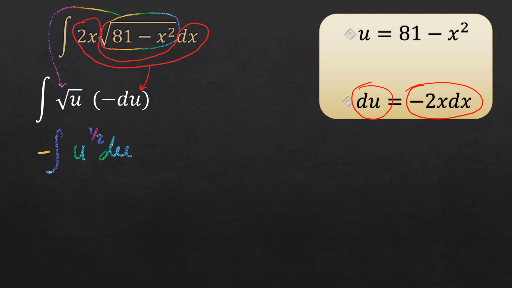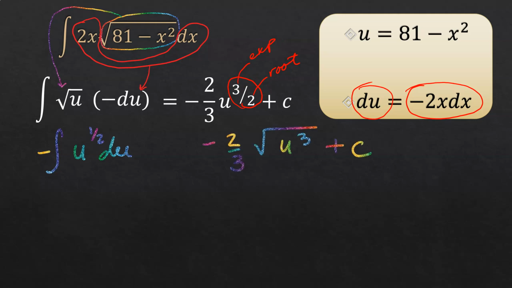To take the integral, we'll add 1 to the exponent, so that would be u to the 3/2, and then we have to divide by 3/2, and dividing by 3/2 means multiply by 2/3, and then you have that negative in the front, and then don't forget the plus c. Now, with a rational exponent, the denominator is the root and the numerator is the exponent. So here you would have negative 2/3 multiplied by square root of u to the 3rd power